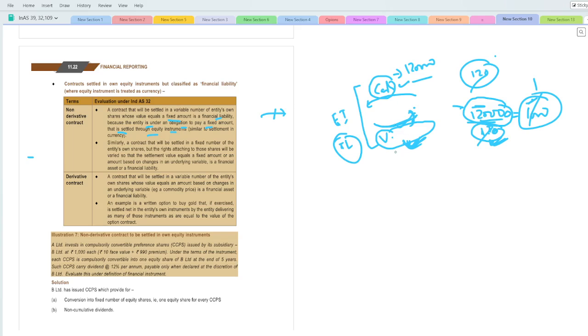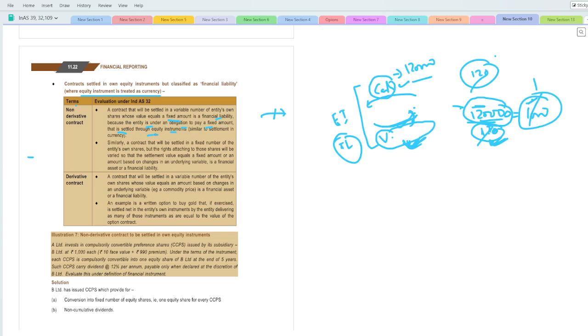सो हेयर यू आर यूजिंग योर इक्विटी शेयर इन द करेंसी फॉर्म। तो यहाँ पे ये बोला वेयर द इक्विटी इंस्ट्रूमेंट इज ट्रीटेड एज ए करेंसी। तो यहाँ पे जो आपको 1,20,000 जो वापस करना है वो आप वेरिएबल ऑफ इक्विटी शेयर के फॉर्म में पे कर रहे हो। ठीक है, तो यहाँ पे आप इक्विटी शेयर्स को यूजिंग इट एज ए करेंसी। सो दिस इज ऑल्सो वेरी इंपॉर्टेंट कि आपको ये समझ में आना चाहिए कि इज ट्रीटेड एज ए करेंसी का क्या मतलब होता है।